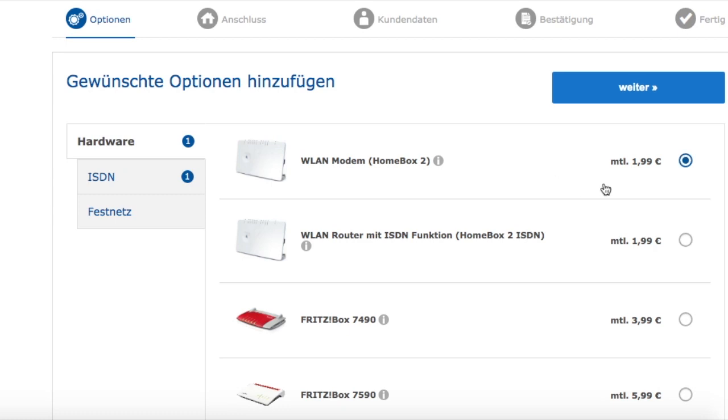In case you're not sure, you don't have these things, then you have to rent one from them, and it means that you would rent it for €1.99 per month, and you also have to send it back after your contract finished. I always preferred that option because then I can make sure I have internet at the beginning, and maybe if I later find some used router or I can use some modem, some router from another contract I have at home, then I test it, and if it works, then I can send it back and I save the €2. But I prefer to start with these €2 renting fee for their modem.